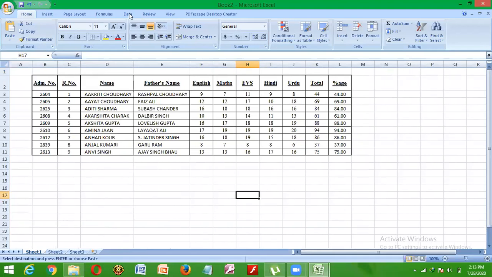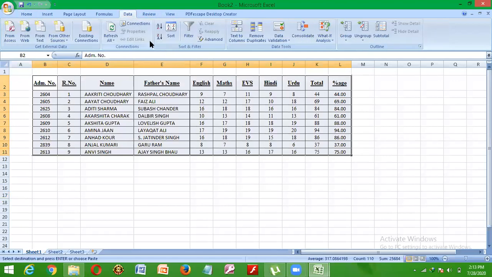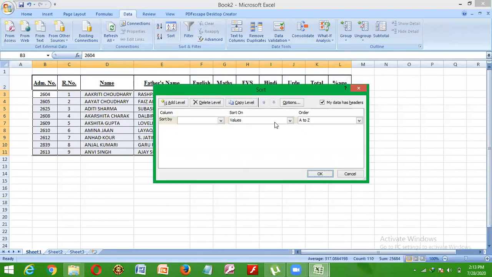I will go to the Data tab on the ribbon. In the Data tab, this is the Sort: A to Z, Z to A, and Sort. I'll select Sort. Now you can see Sort by, Values, A to Z. When you click on Sort by, all the headings will appear here.